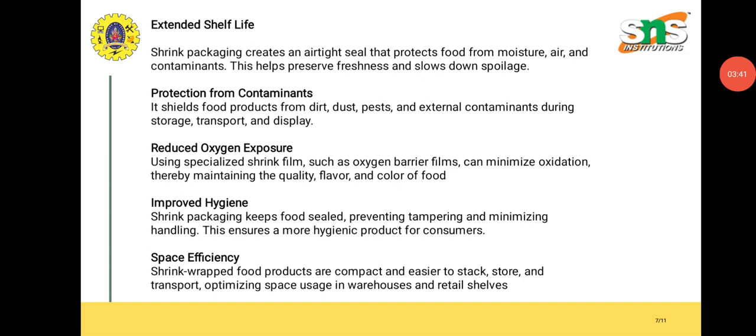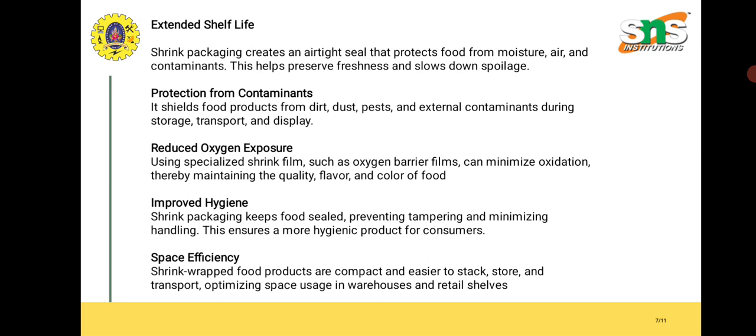It shields food products from dirt, dust, pests, and external contaminants during storage, transport, and display. Reduced oxygen exposure. Using specialized shrink film such as oxygen barrier film can minimize oxidation, thereby maintaining the quality, flavor,